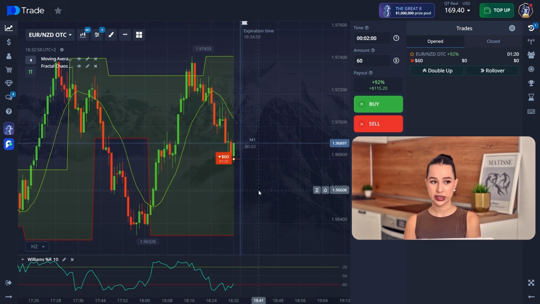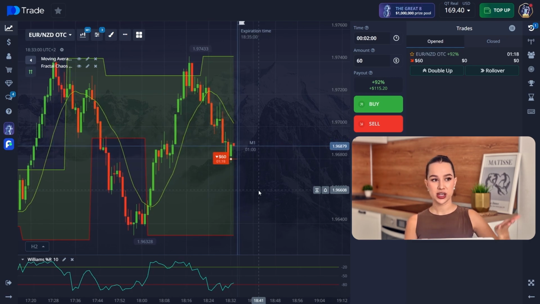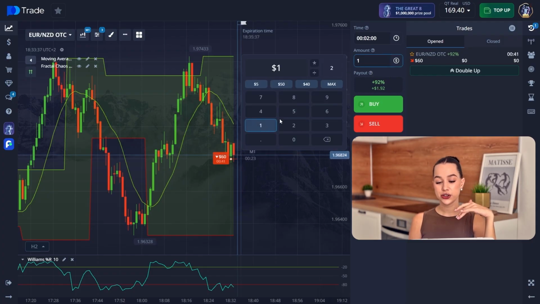So you don't need to think that if the price just achieved, like this main line achieved the oversold zone and even lower than the oversold zone, like this red line is here, you don't need to immediately think that it will reverse right now, because you just need to wait for other signs of the reversal. For example, some green candles, 1 to 3 green candles, that could show you that, okay, this is definitely a reversal time. Or for example, big wicks from the candles that show you that the sellers couldn't break this